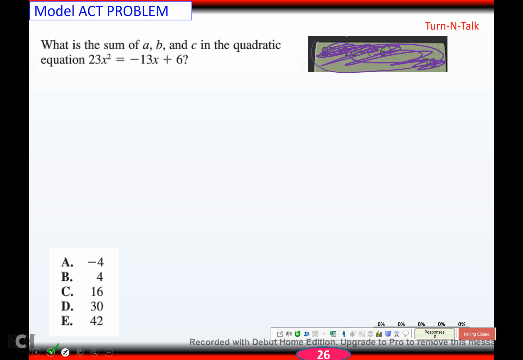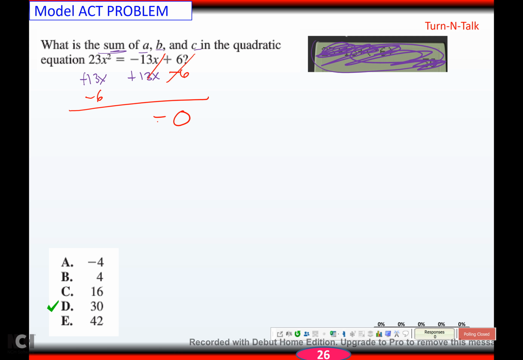Alright, and hopefully you got 30. They want the sum of a, b, and c. So we're not even actually solving this. All we have to do is figure out what a, b, and c are and add them up. Well, to see a, b, and c, you've got to be in quadratic form, which means 0 has to be on one side. So I'm going to move 13x over, and I'm going to move the positive 6 over,